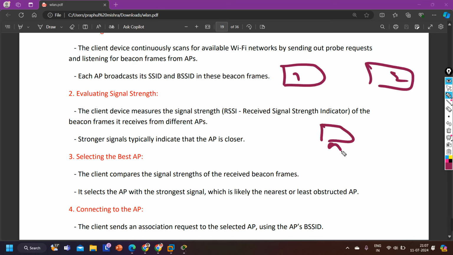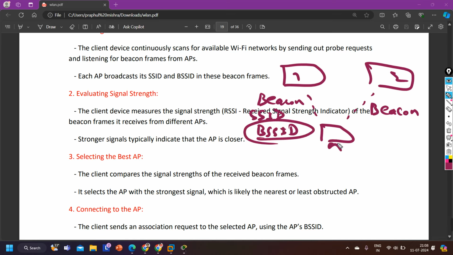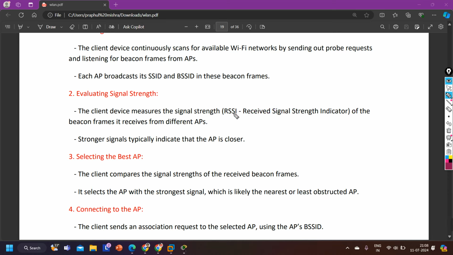As I told you, I have two APs, one on the first floor and one on the second floor, AP1 and AP2. Guys, there is one client. This client is getting signals from both APs. Both are sending beacon signals, right? In the beacon signal, both are sending their SSID and BSSID, right? And with the help of BSSID, this client machine will find which signal is strong. And what tool will this client machine use to find the strongest signal? RSSI, received signal strength indicator,